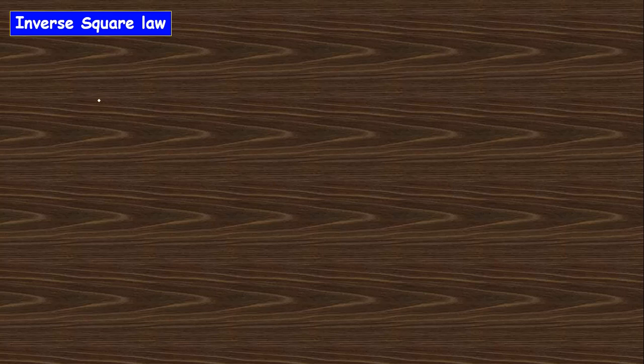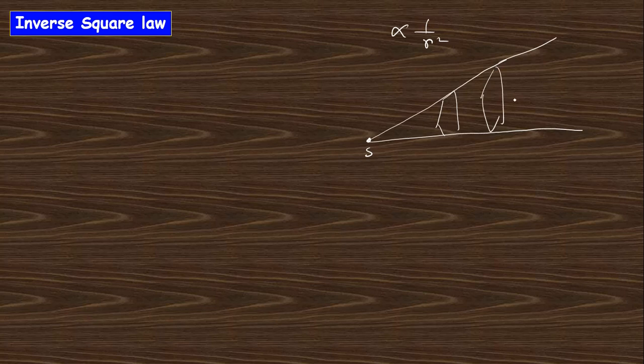Okay, so what is the inverse square law? Inverse square law means the force or the property which depends only on 1 by r square. This is the inverse square law, nothing else. So if there is a source point, and this extends with radius, then at distance r this is like that, at distance 2r this is like that, and so on. The area will be like that. This is r, this is 2r, this is 3r, and so on. This depends only on the 1 by r square term.